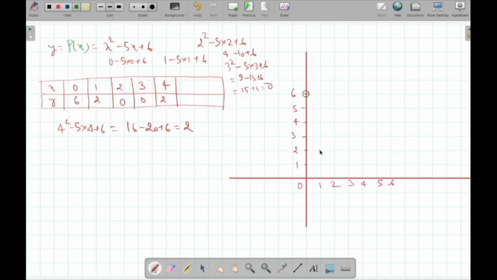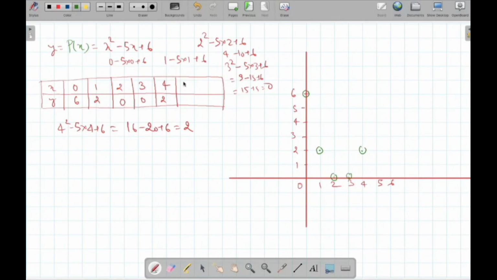Then I've got this point. When x is 2, y is 0. I've got this point. When x is 3, y is 0. I've got this point. When x is 4, y is 2. I've got this point. So if I put any value in between, let's say I'm putting a value in between,